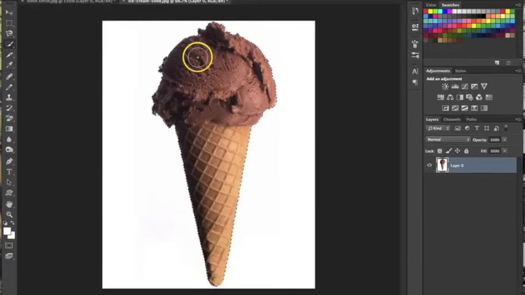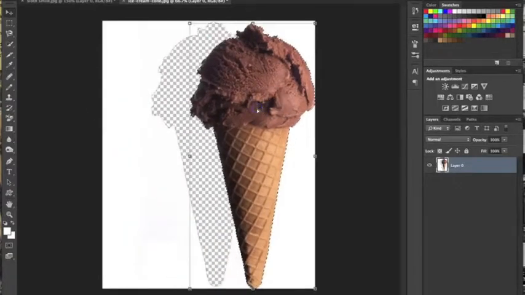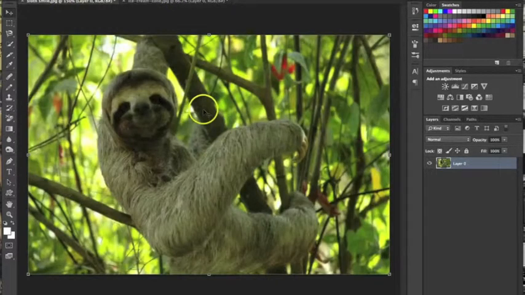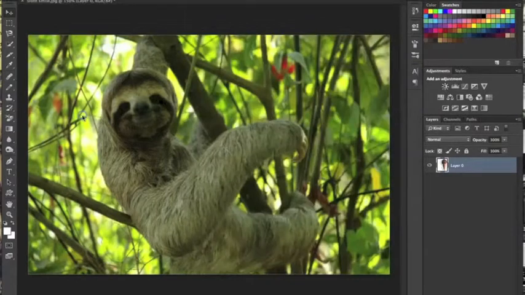Once you've selected all of it, go back to your cursor tool and then you'll see little scissors, and you want to just drag it out of the background. So there's that, and one way you can transfer it over to the sloth image is just Control C, copy, paste, Control V it onto this image,